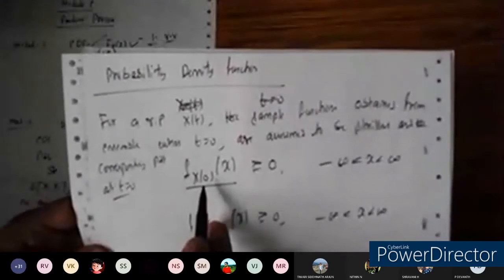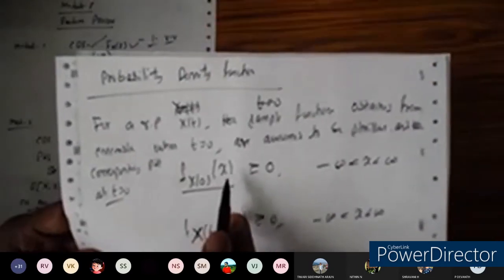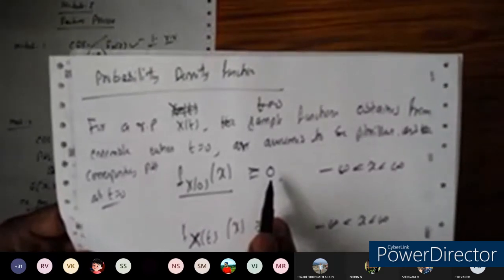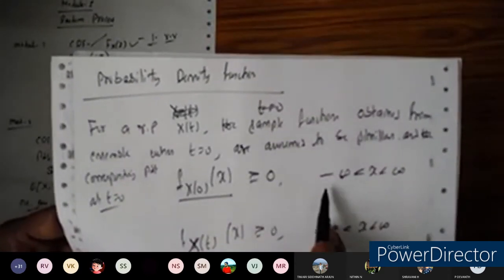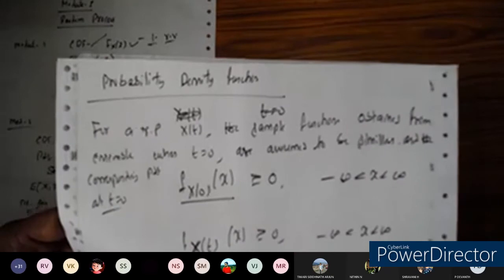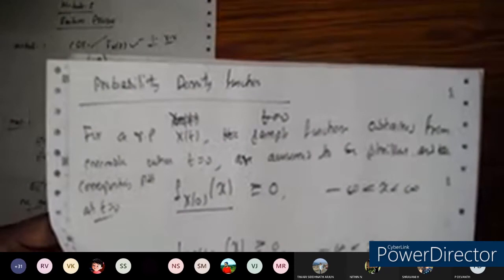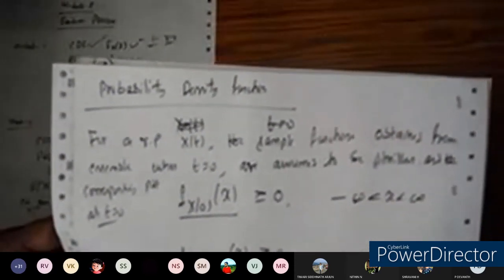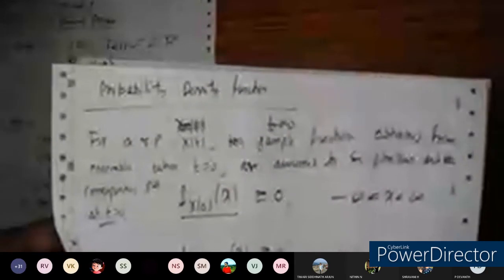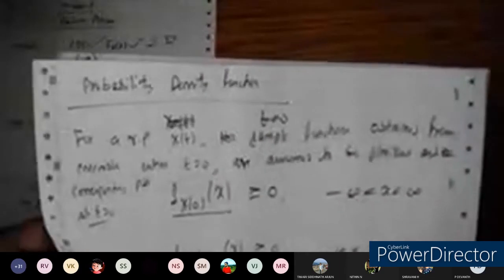So at time interval t is equal to 0, we can define it as fx0 of x, which is greater than or equal to 0. This is a property here. x can take the value from minus infinity to plus infinity. So this is a PDF which is defined at time t is equal to 0. Any confusion? What we are doing is making it a function of time t. The extra thing we are introducing is time t, nothing else.